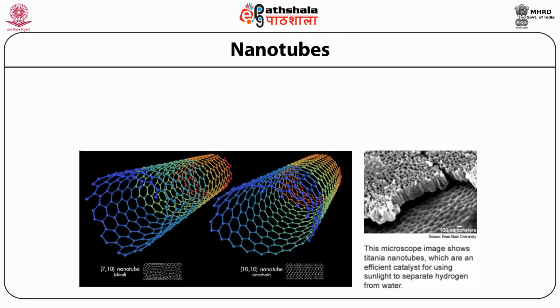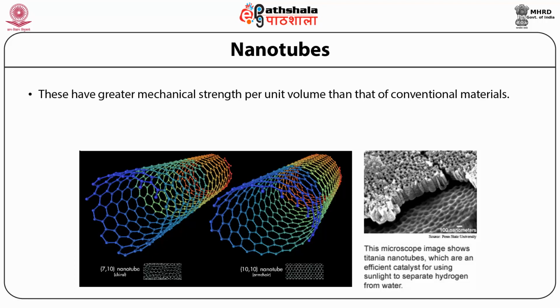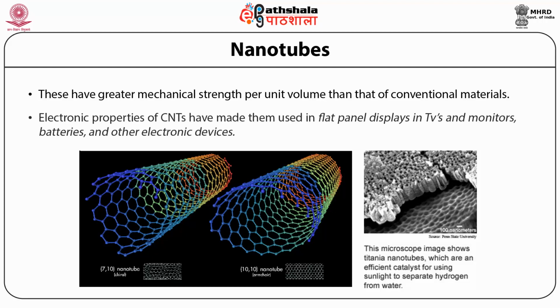Nanotubes. Nanotubes are one of the most commonly used products given by nanotechnology. Nanotubes have greater mechanical strength per unit volume than conventional materials. The electronic properties of nanotubes have made them useful in flat panel displays in TVs and monitors, batteries, and other